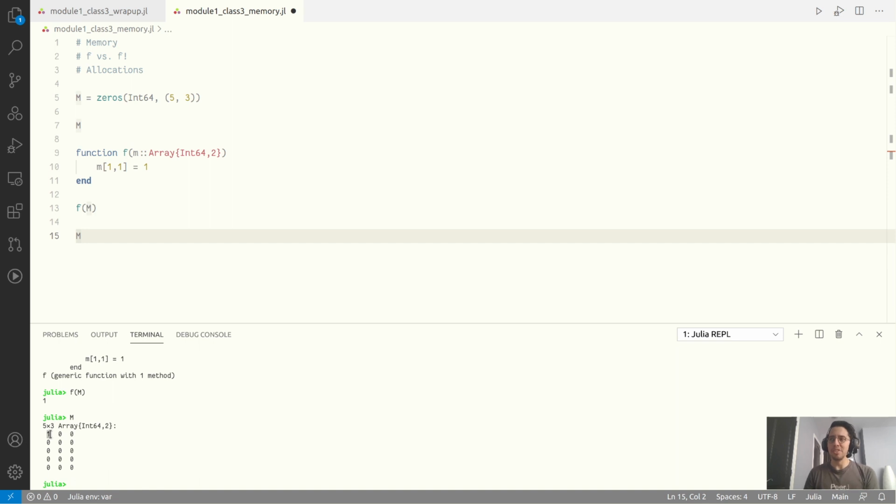The upside of that is that the original object is not modified. The downside of that is that it can be very slow because you need to create a new version of the object in memory. So if you have a very large matrix, let's say like 1,000,000 by 1,000,000,